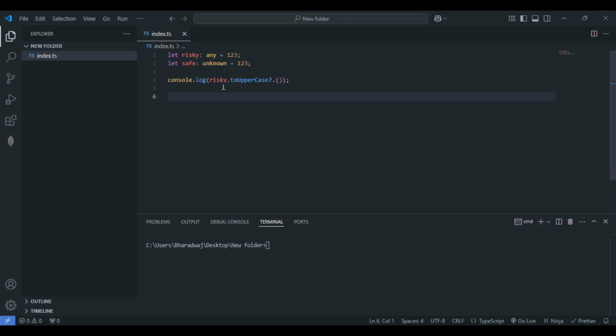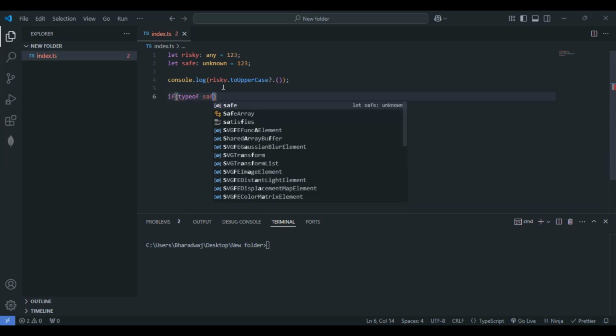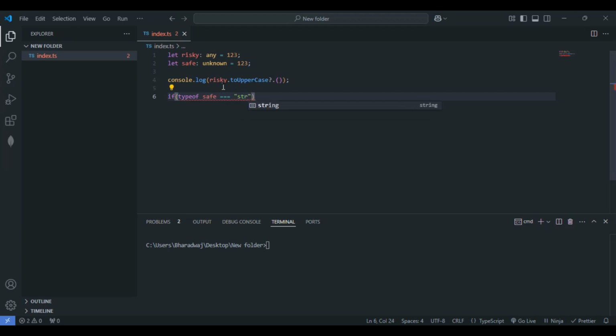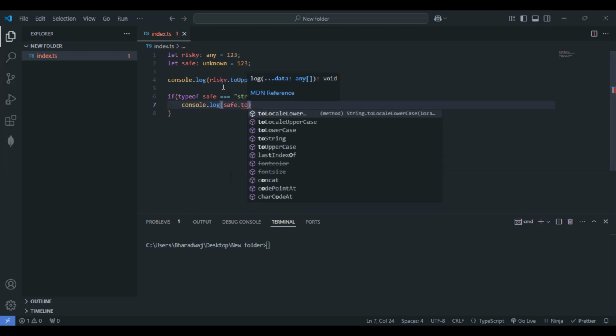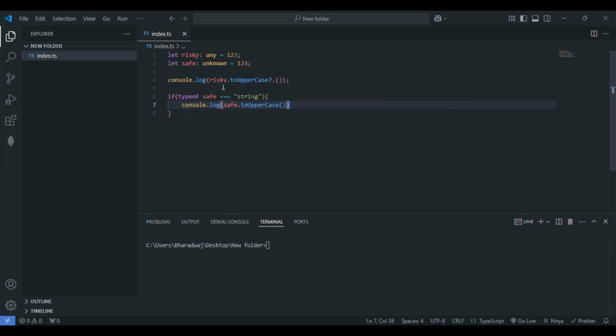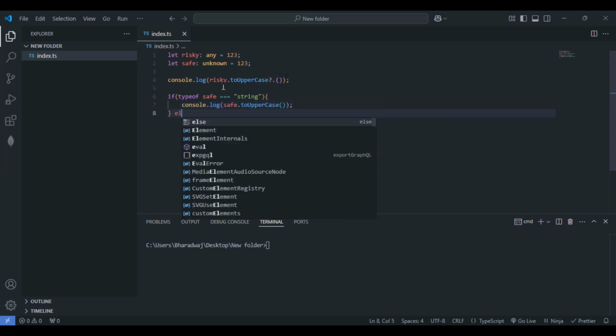So next let's go with the safe option. Basically, let's see how we can force the compiler to check before use, right? So we can go with the if condition here. Let's make use of typeof. So here safe equals within the string. Let me pass the string here. Let me quickly log here safe dot, and let's make use of toUpperCase again here. Else,